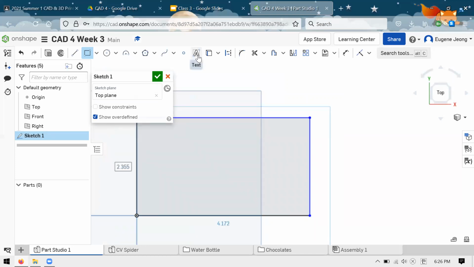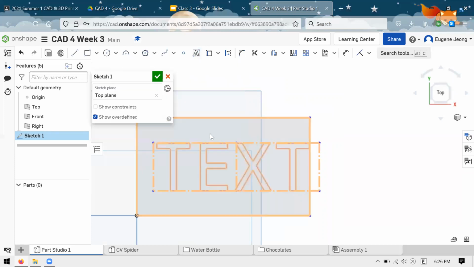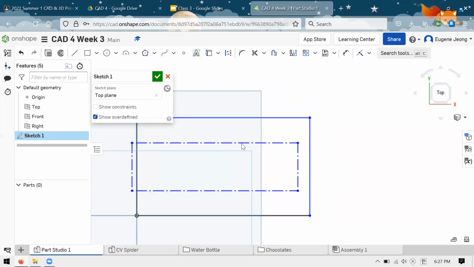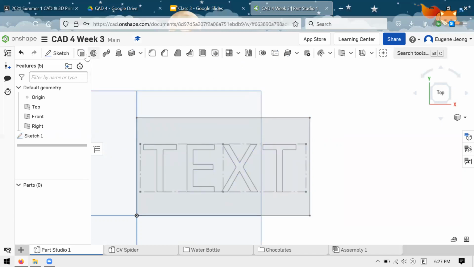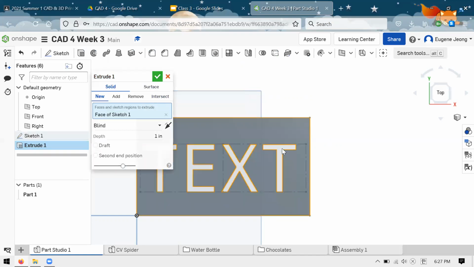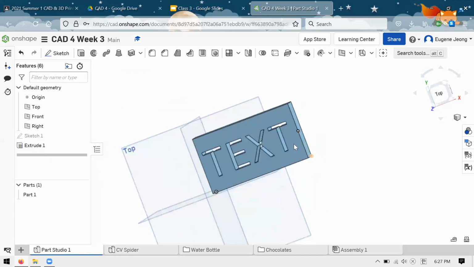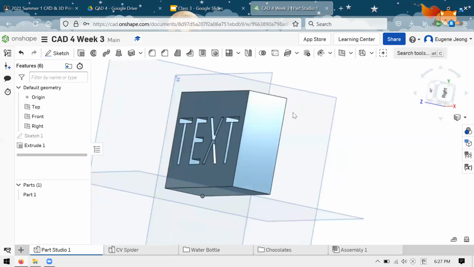Maybe you've run into it before. It's the one with the letter A in it. So if you select that one, you can select a region like that and then put some text in, and some font options as well. With that, you're able to select the text just like any other region, and it acts like a boundary, so I can extrude something like that. So just as a refresher, if you forgot how to do that,